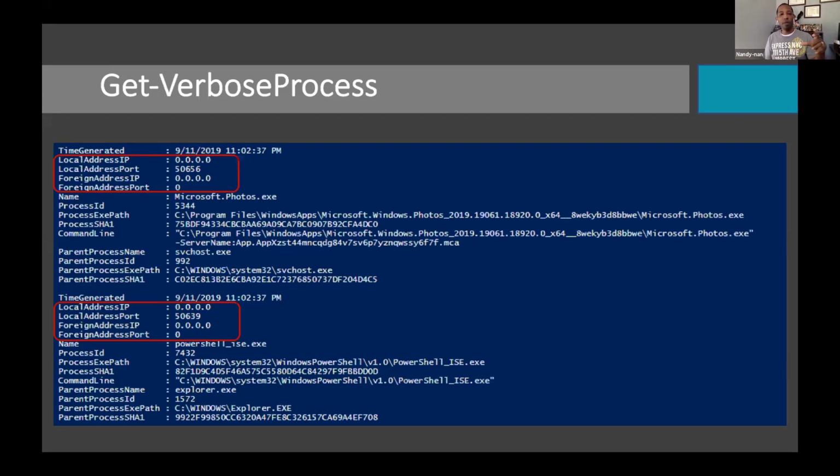So now right up front for each one, I get the IPs associated with it and the ports. I also get whatever the processes are, and the process ID along with any command line arguments. We also get the hash associated with the item. We get the same thing for the parent as well. So from an analyst perspective, I'm starting to take some of my human nature or possible human oversight out of it, and I'm starting to get this in one clear thing.